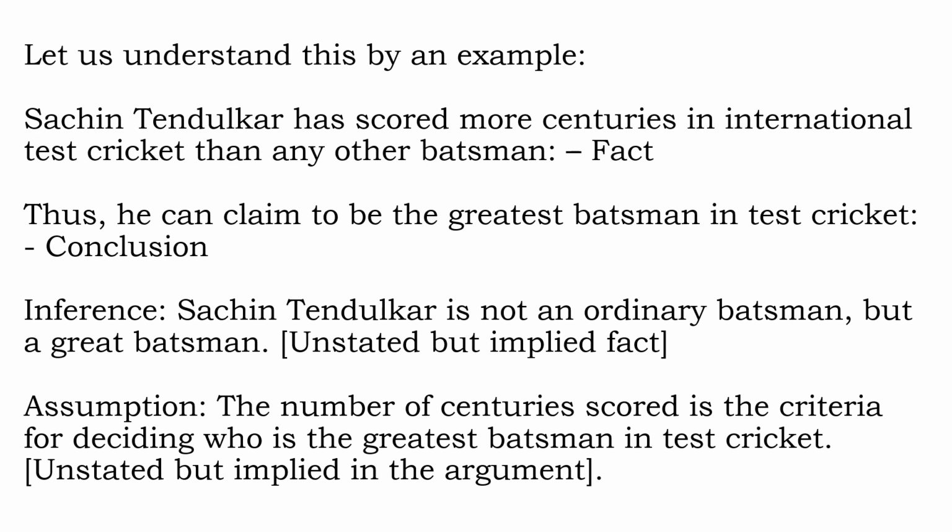Sachin Tendulkar has scored more centuries in international test cricket, so he is the greatest batsman. Since we are all logical human beings, we make the inferences and the assumptions automatically. Nobody has to tell us that this is an inference, this is an assumption. We automatically make this inference as well as the assumption, and we directly conclude that he is the greatest